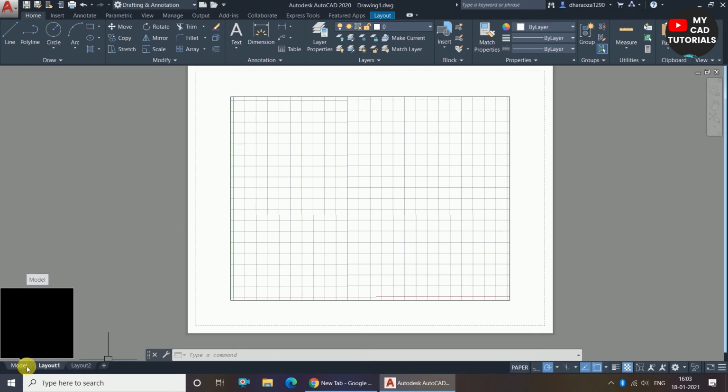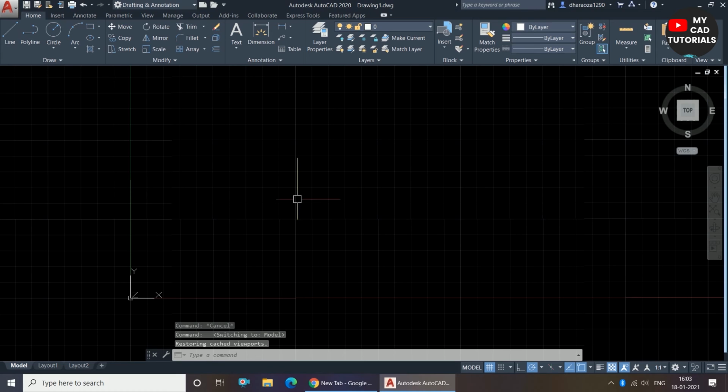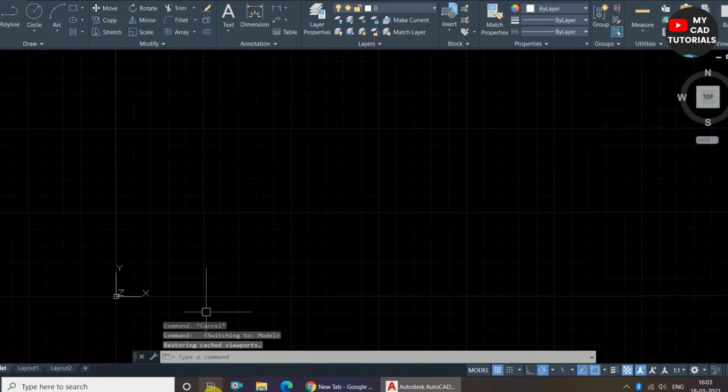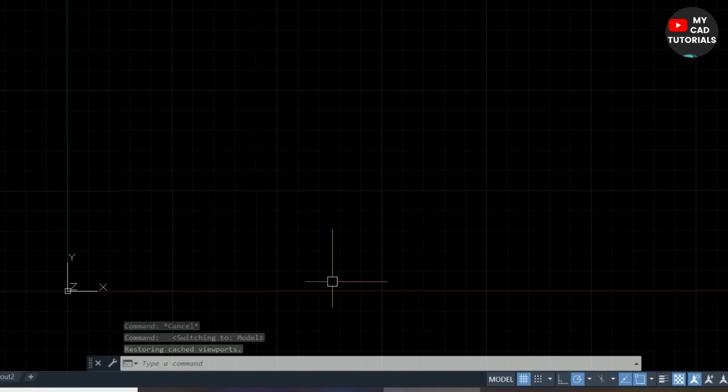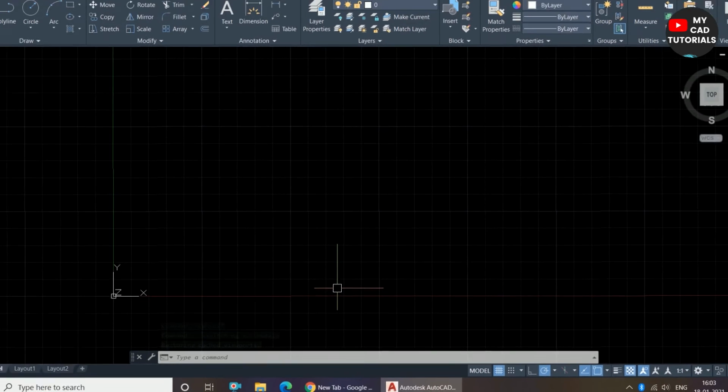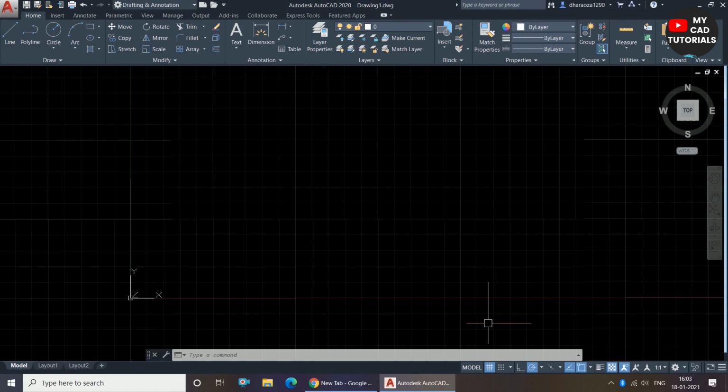I am again clicking on the model. And next is the command bar. You can see here one bar is available. This is called the command bar. So command bar is useful to instruct commands. If you want to invoke any command, you can type that command name in the command bar and invoke the command.